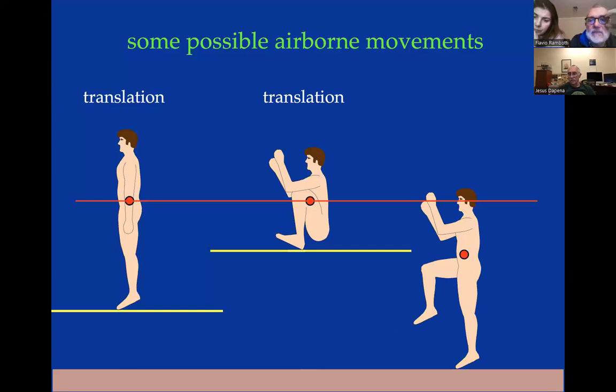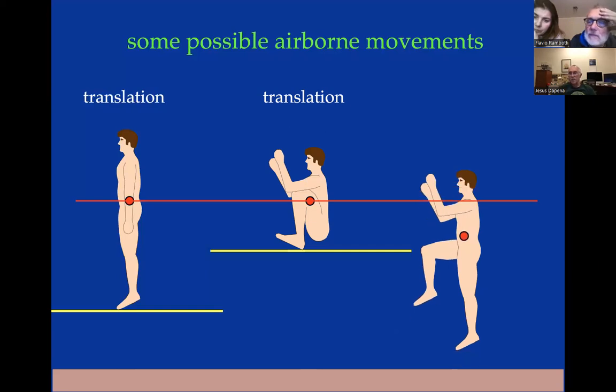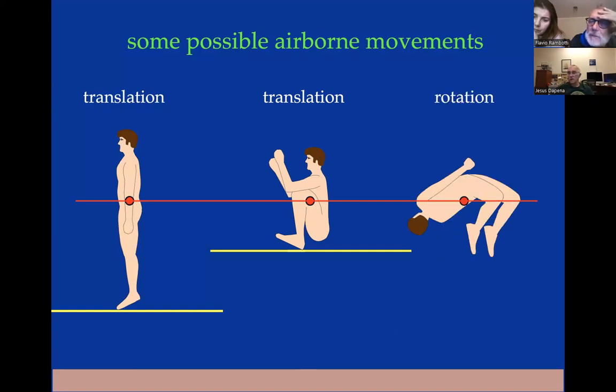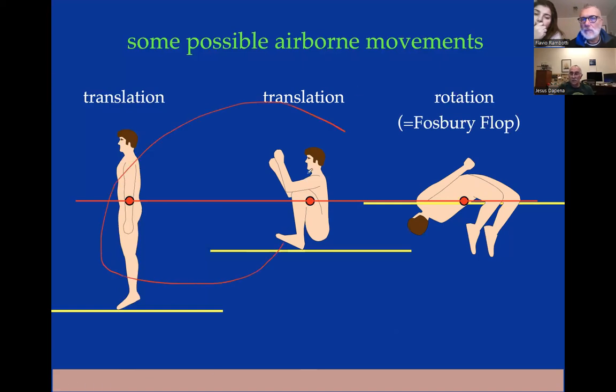Okay, so now we have a jumper again, takes off, goes to the same height, but now we're going to have rotation also. Well, with this rotation, he could get into this position, which would allow him to clear a bar that is much higher. This is what we call a Fosbury flop. Okay, so it's obvious that a high jumper is going to need angular momentum because you don't want to be in these positions at the peak of the jump. You want to be like this at the peak of the jump.